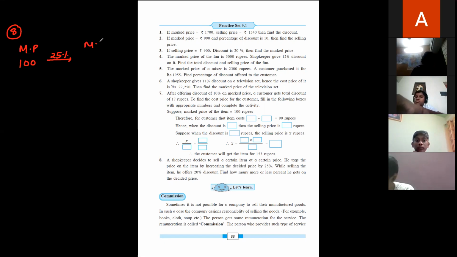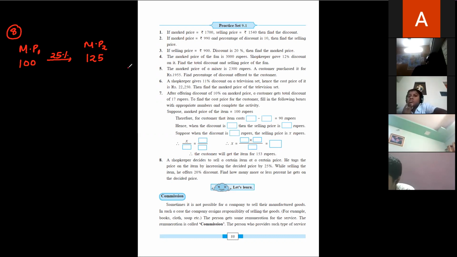So now, his mark price will be what? 25 rupees more. So it will be what? 125. Okay, this is mark price 1. This is mark price 2. Now, what he does is, he gives a discount. He gives a discount of how much? 20%. Now, what do you mean by this? It means that if suppose